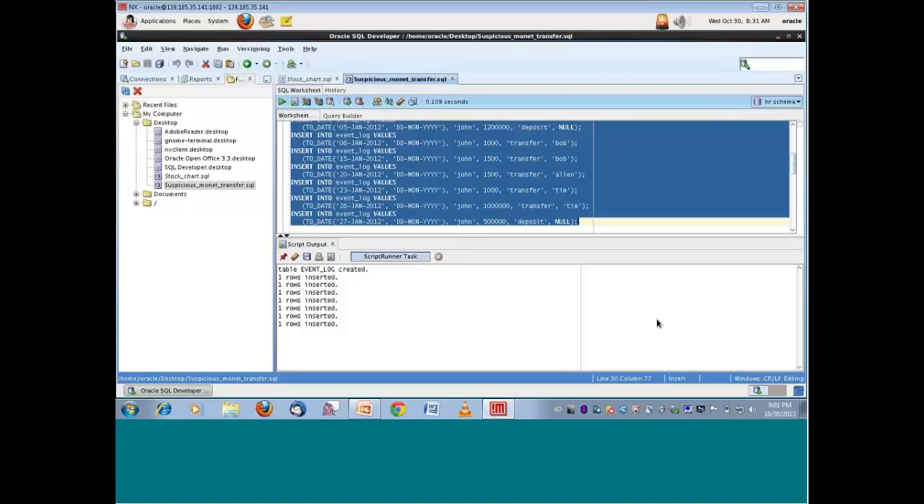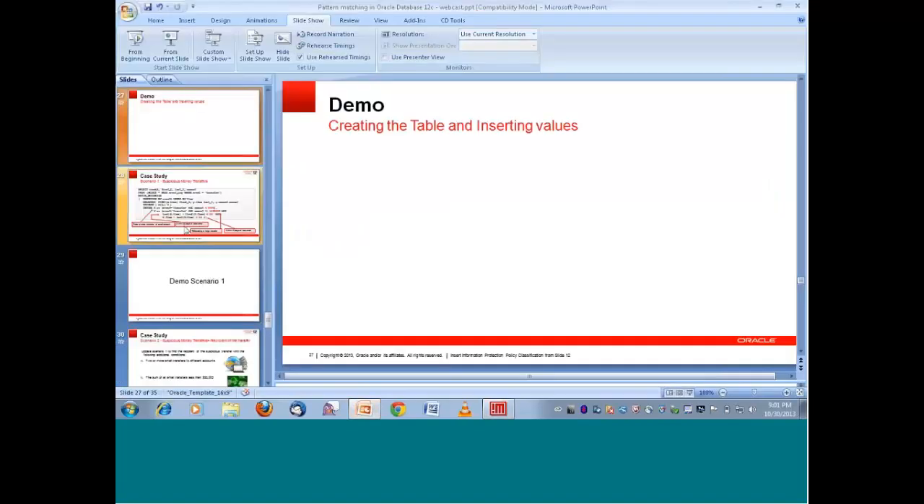All the patterns that we have to look for, we need to look for in a table which has data in it. So for this suspicious money transfer, we have already inserted data into the table on which we are going to perform pattern matching and find a suspicious money transfer. So the table has been created and the rows are inserted successfully. Let's get back and look at